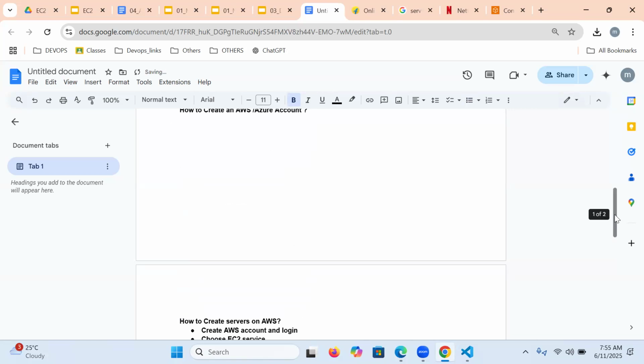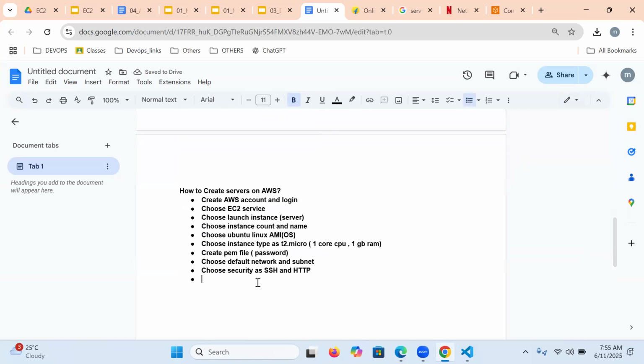What exactly is HTTP? Let me write it down for further understanding. SSH means we can log in from a Linux machine to another Linux machine. But HTTP is nothing but what? After installing a web server, we can access the web server from it.